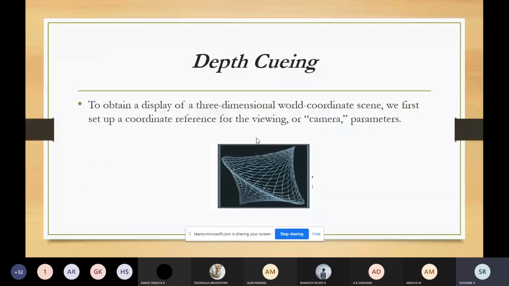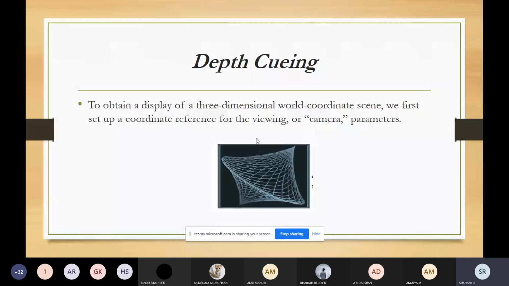The very far away distance will be given minimum intensity, the closest point will be given maximum intensity, and in between, the intensity is varied from maximum to minimum over a range of distance. This is what we call depth cueing.